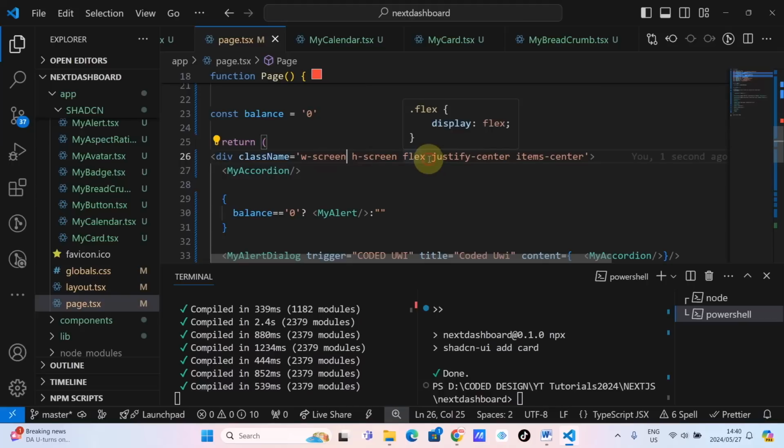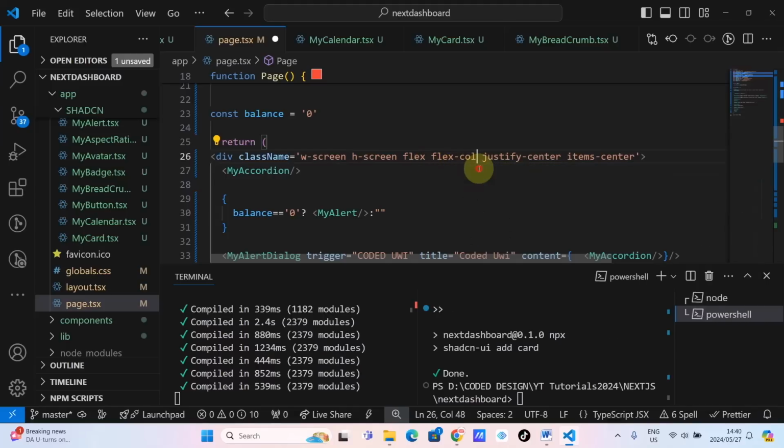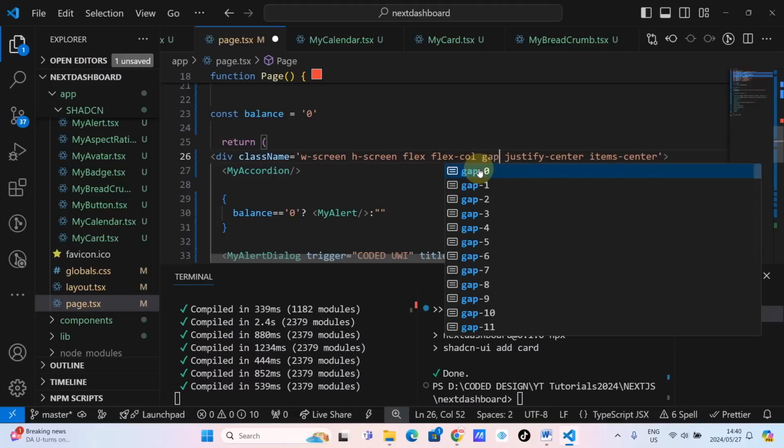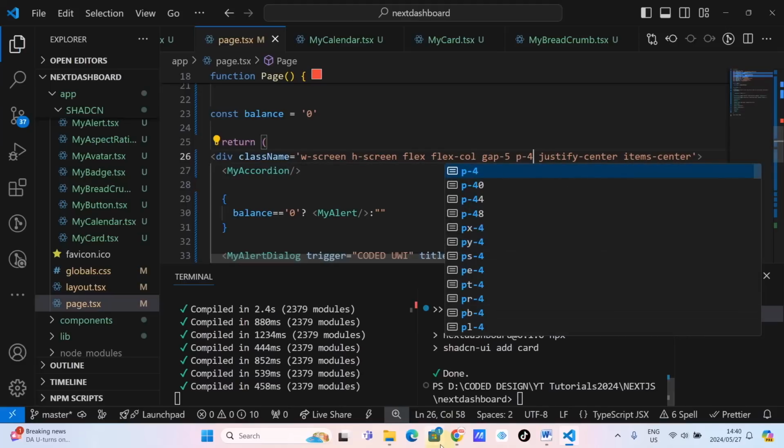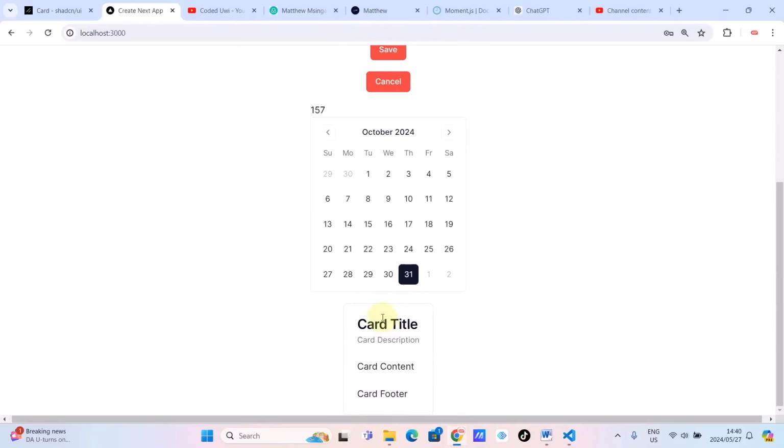Okay, and then let's type here flex column. Okay, flex column and a gap of, let's say, a gap of 5 and padding of 4. Okay, I'm happy with this. As you can see, guys, here is our card. Okay, so this is the card title and the card content and the card footer. Okay, what else can we do here with this? Let's try to make this